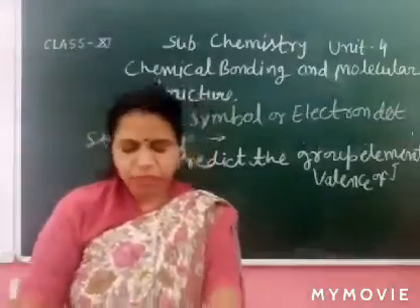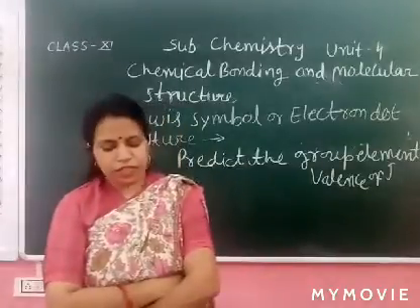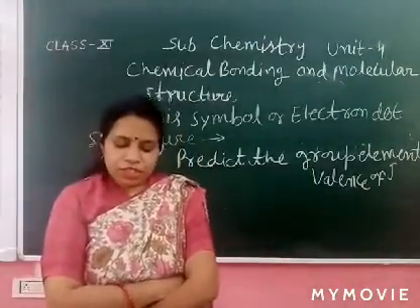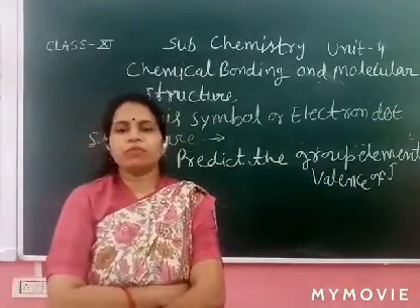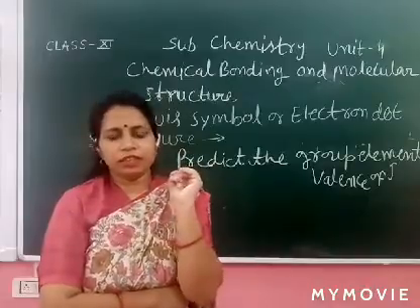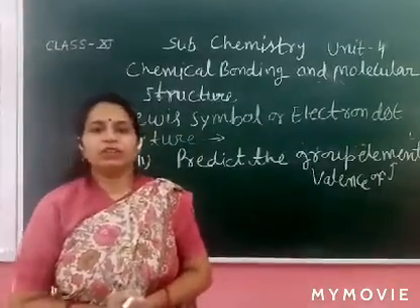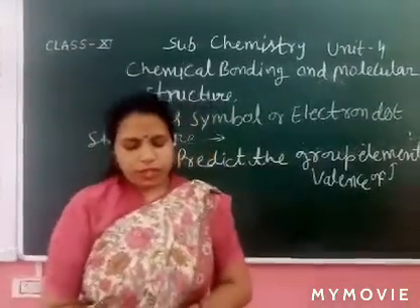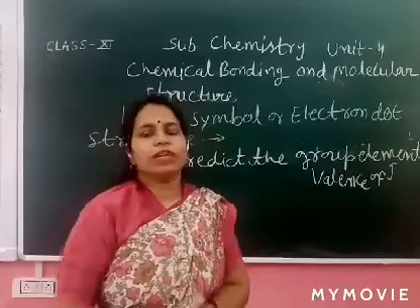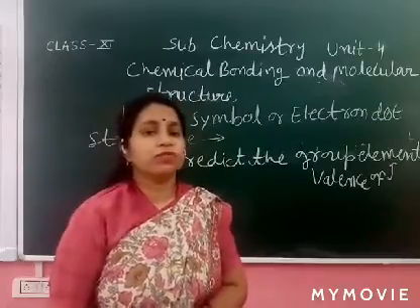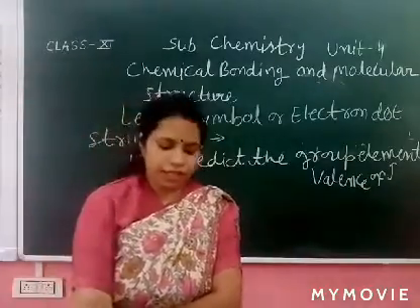The common valence of an element is either equal to the number of dots in the Lewis symbol, or it is equal to 8 minus the number of dots. First group, only one dot. Clear? So the common valence of an element is either equal to its dot number, or it is equal to 8 minus the dot number. So we can explain the valency of the group.